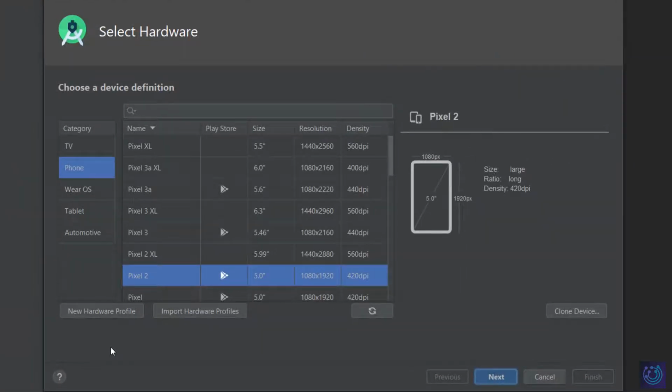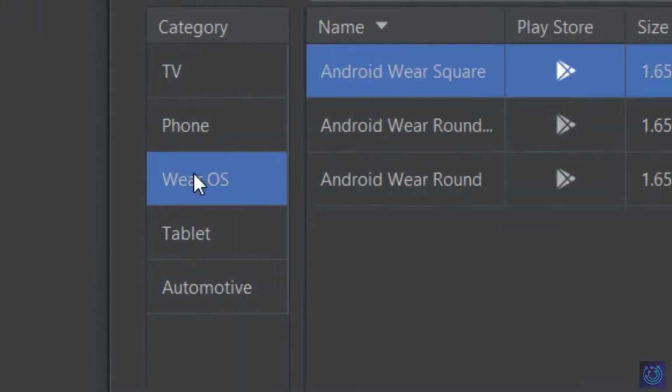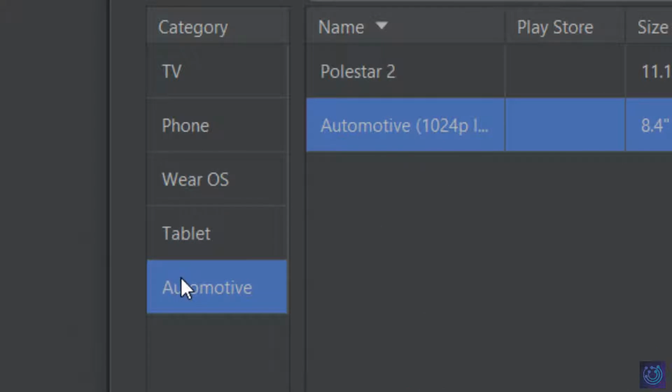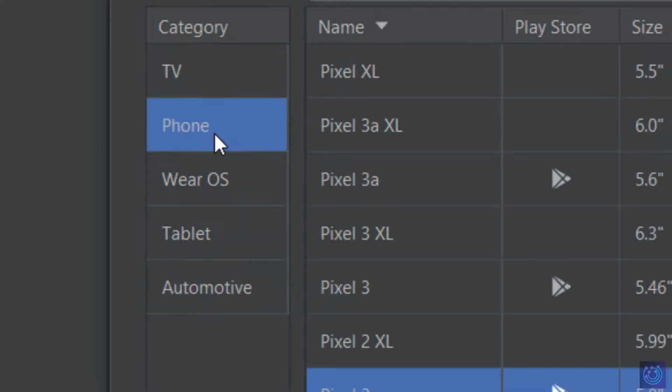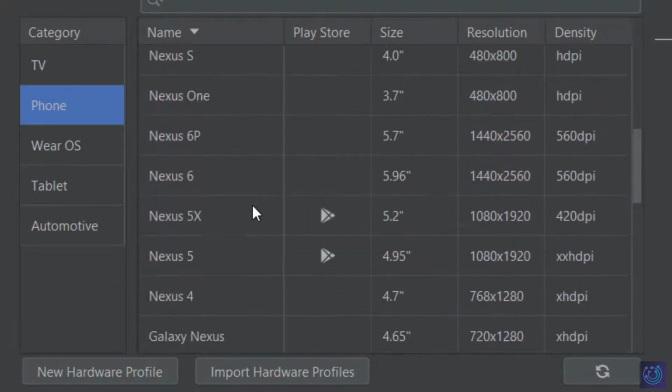After this, you'll be prompted with all the devices which can be created using Android Studio's AVD virtual device configuration. You can also select from TVs, Wear OS, tablet, automotive, whichever device you want to use it as. But for now, we'll be learning how to set up an Android phone. So we'll just click on phone, and from here select a device whichever you prefer.